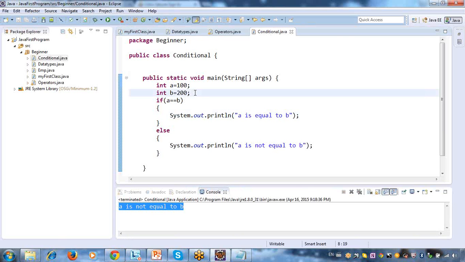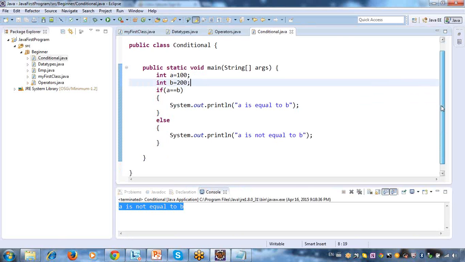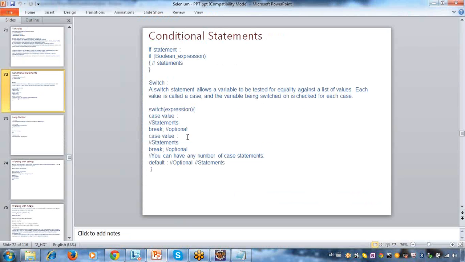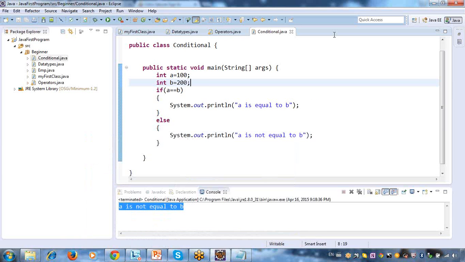what we will do is, this is your simple if condition. Okay, fine. That's okay. I can start with the switch case, but I don't want to start with the switch case.